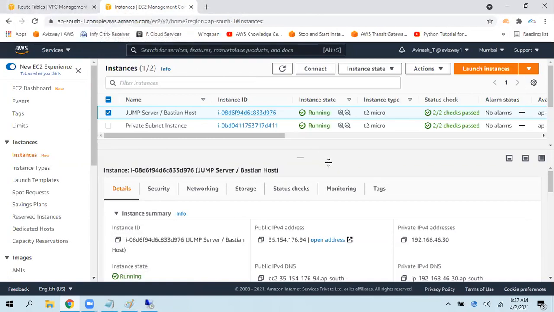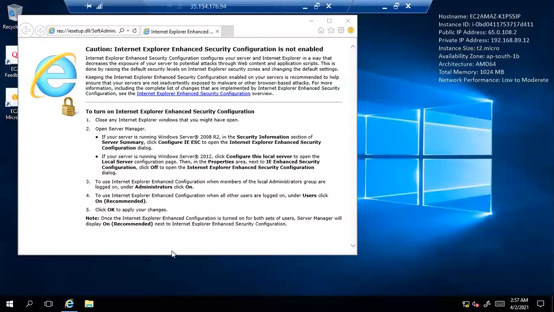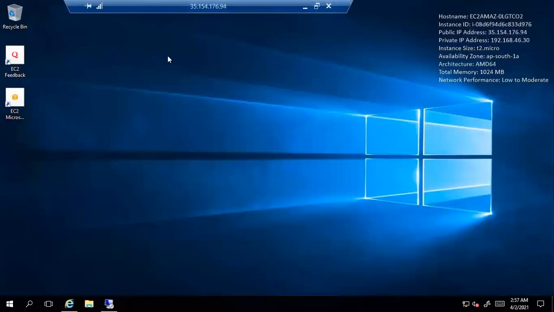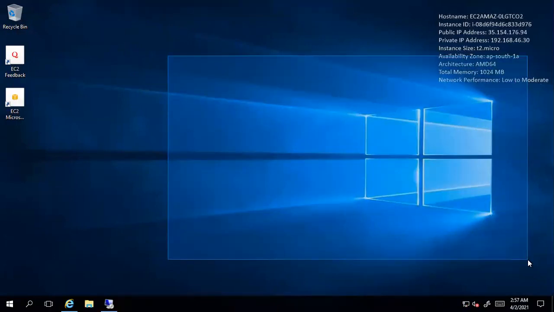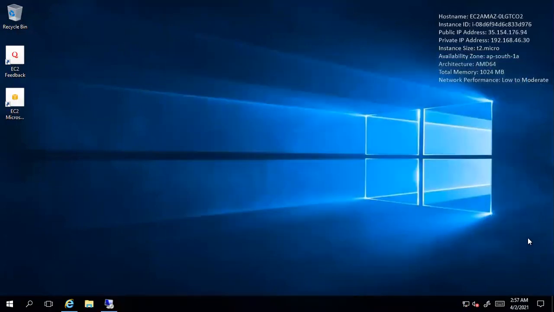Avinash, terminal license means like the RDS CAL license? See, generally, how many users can connect to this EC2 instance at a time? By default, 2 users. As it is a jump server, at a time 10 members may also connect. So how are we allowing 10 members?